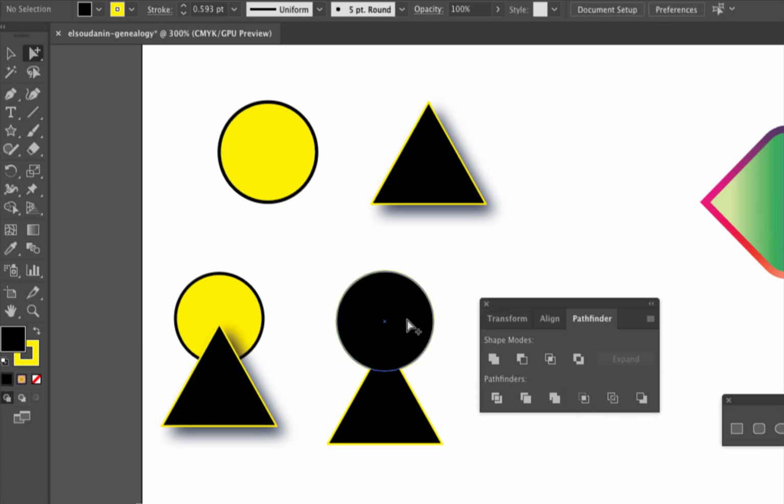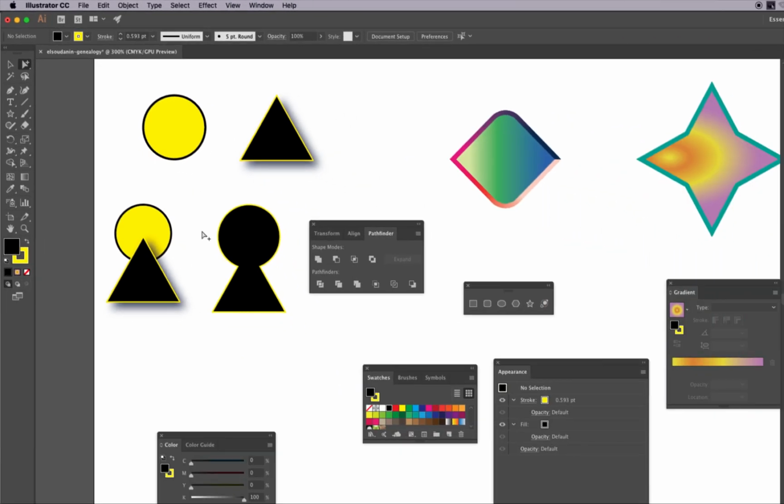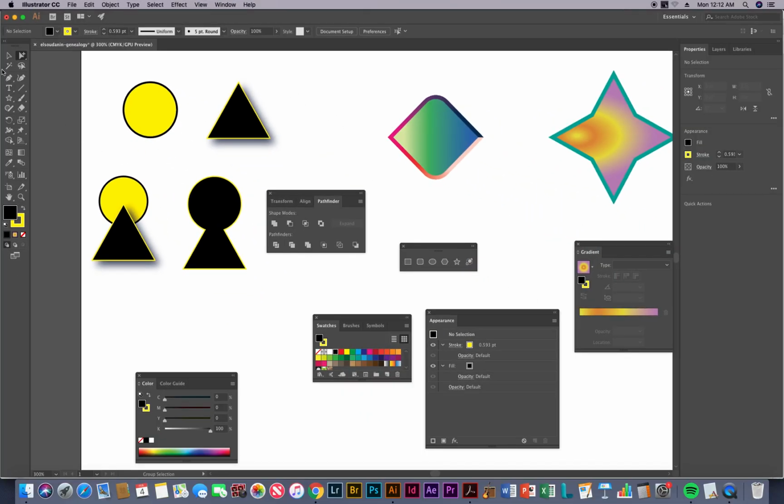Well, maybe that's a little too tall, so I click back on it, or I can click on the triangle and adjust the positioning of that, click off until I get the shape that I really like. And then go back to the selection tool, select the combined shapes there. If you jump into layers, you can see